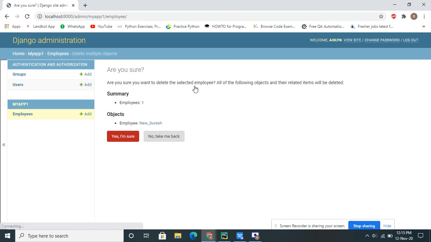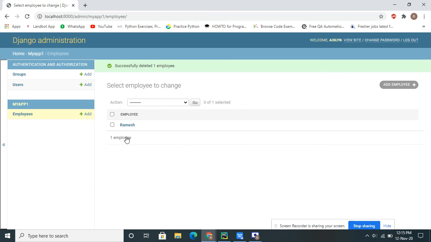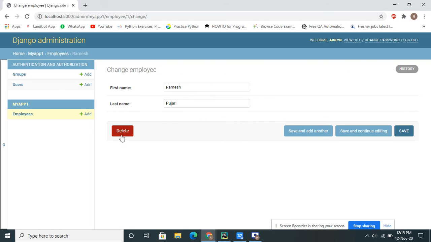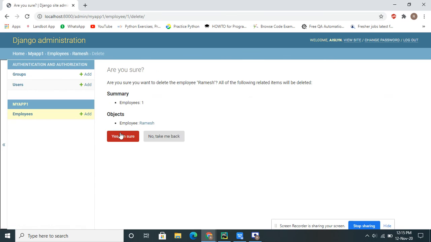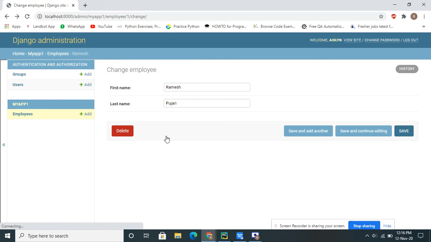It will ask for confirmation, so click on confirm. You can see one employee was successfully deleted, and only one remains. Another way is to click on the employee name, where you have a direct delete button. It will ask for confirmation. So there are two ways to delete employee names.